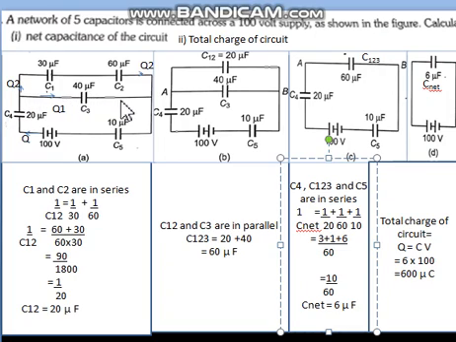Suppose Q1 goes through this branch till here, and suppose remaining part, that means Q2, goes in the upper branch till here. So Q1 and Q2 have reached here, they will be added again here and they will be moving back to the battery. So Q1 plus Q2, that means Q, has been received by the battery again. Now you must have noticed that the Q2 charge entered here also, here also. That means this is confirmed that these two capacitors are flowing the same charge. So these two capacitors are in series.